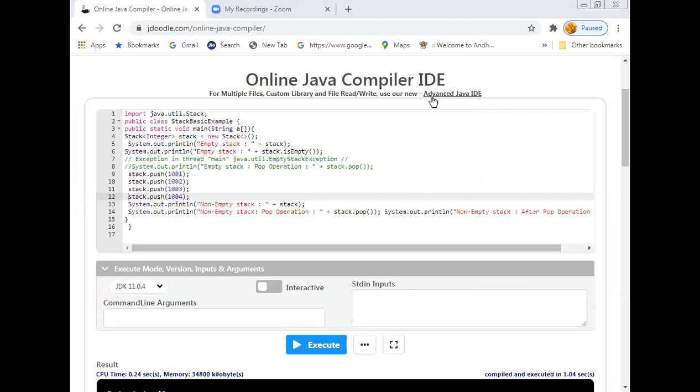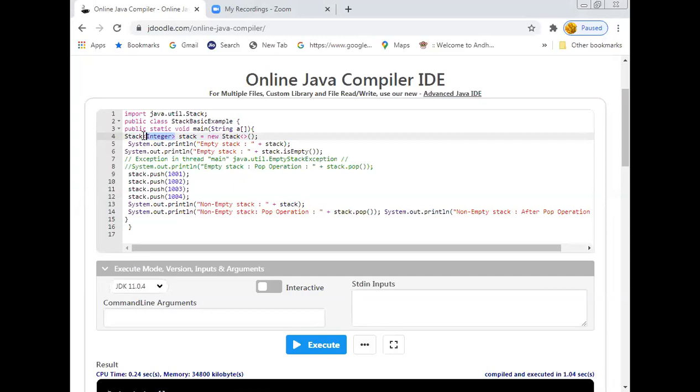Okay, right. So here, this is the way of creating an object of the stack class. And here you can observe it is generic. Generic in the sense that here I am passing an integer value. So it indicates that the stack is supposed to hold integer values.